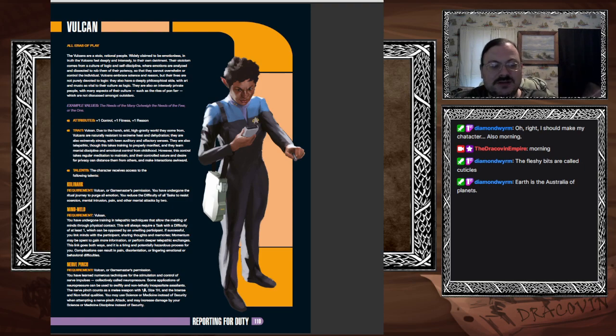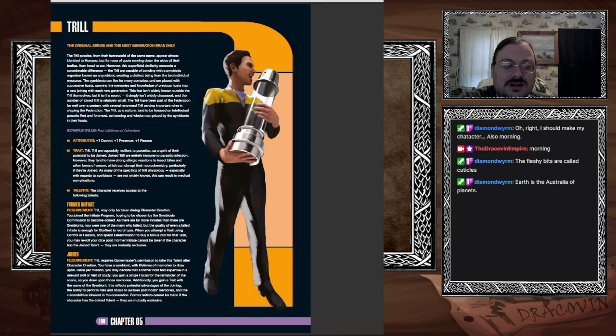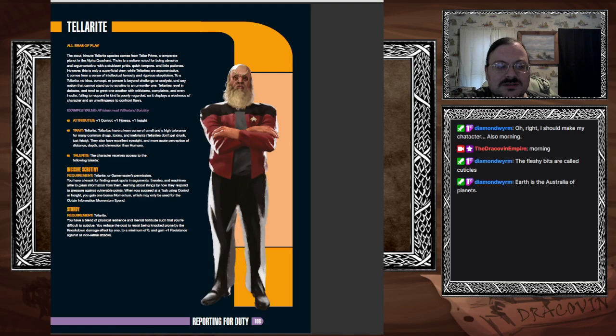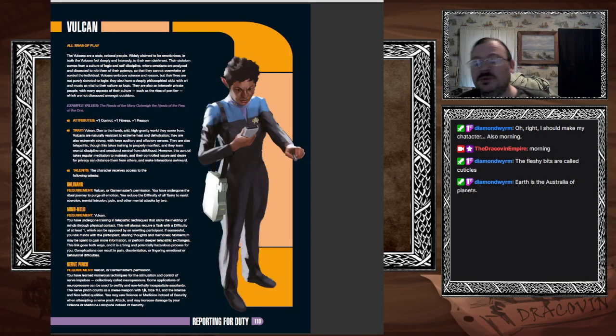Of course, Mind Meld, and of course, Nerve Pinch, again Vulcan or Game Master's permission. You can see that they talk about certain of these talents in the previous ones, where they do mention Game Master's permission for some of these, especially if you weren't adopted into that group too. The Mind Meld is Vulcan only. It's one of their